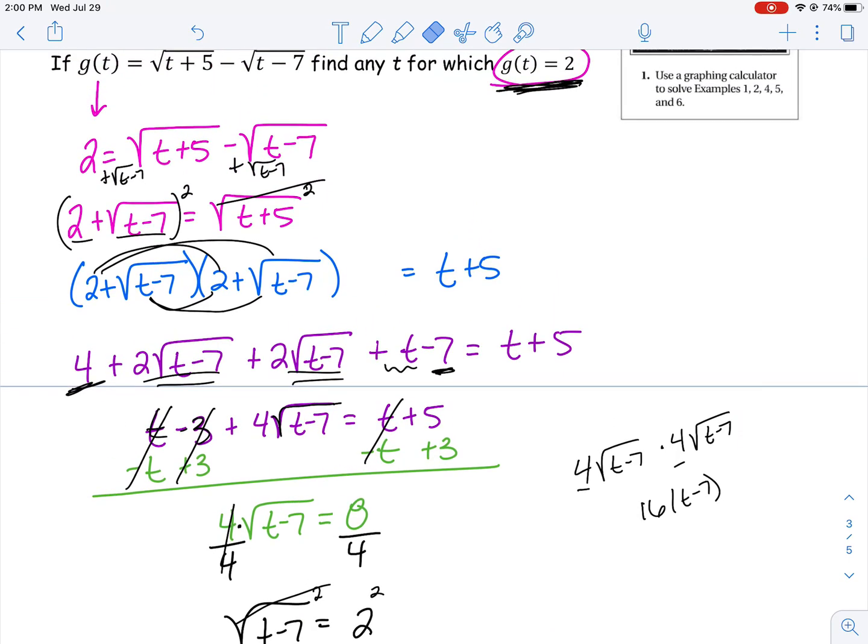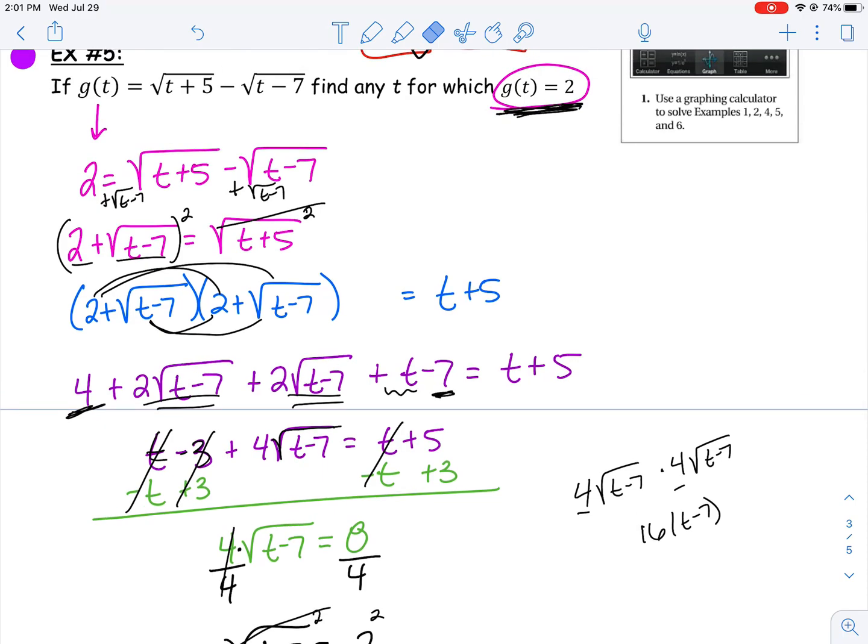Again, make sure that you practice a couple of different problems that have multiple square roots or multiple radicals in them. Remember, isolate one of the radicals, get rid of it by squaring or cubing. Get rid of the second radical by isolating it and then squaring or cubing, and then solve the resulting equation. Make sure that you always, always, always double check your answer to make sure that they work in your original